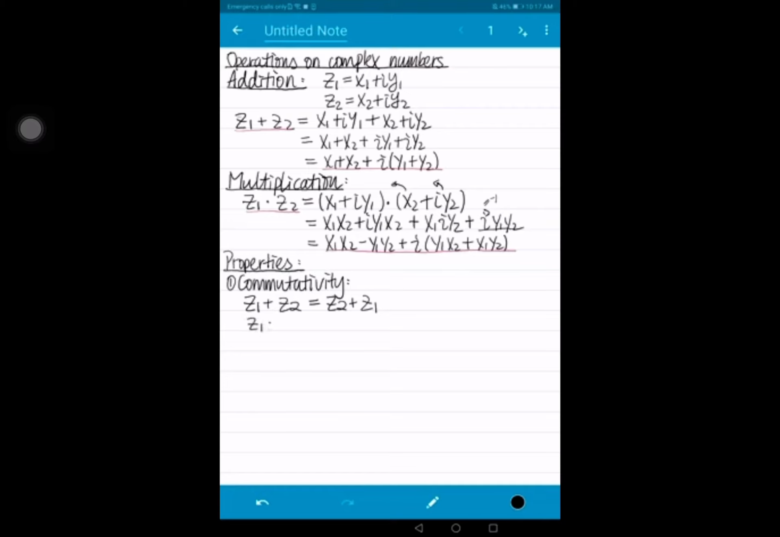So this is also the case for multiplication. So if you're multiplying Z1 with Z2, it's the same as multiplying Z2 with Z1. And as I said, to check these formulas, you just calculate the left-hand side and the right-hand side and compare to see that they're the same. Okay, so the second property is associativity,